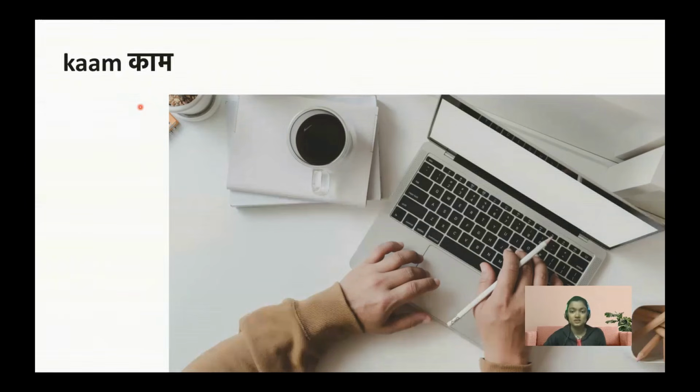When we'll discuss conjunct verbs or combined verbs, then I'll tell you why it's ho gaya, why it's not just ho to say that it's done. Why do I have to use another verb along with hona, which has a different meaning to mean that it's finished? I'll tell you that in a separate lesson. For now, let's focus on gender of Hindi words. The key is to observe how people are speaking and listen well, because you'll get the hint from the other words that they are using in their speech to refer to the noun that you are talking about.